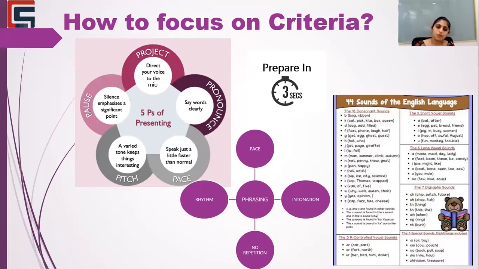Yes, this is the important criteria over here: prepare yourself in 3 seconds. Usually it is very difficult for humans to speak immediately. If a person is given the time to think for 1 minute and then answer, probably the person may be self-confident and may be able to present very well. But here you will get only 3 seconds to prepare speaking and to prepare to give the input. So we need to have this ability whenever we prepare for our PT repeat sentences.